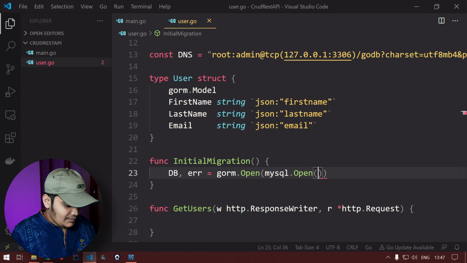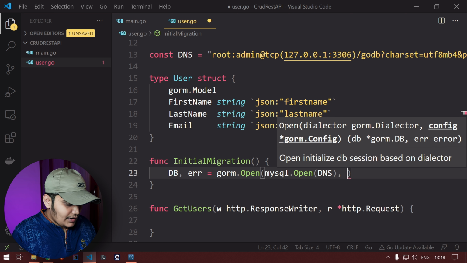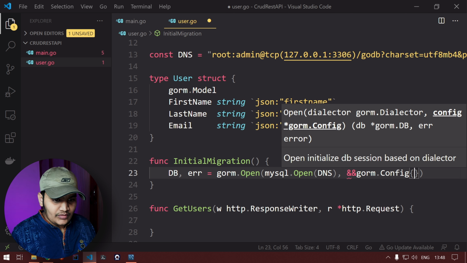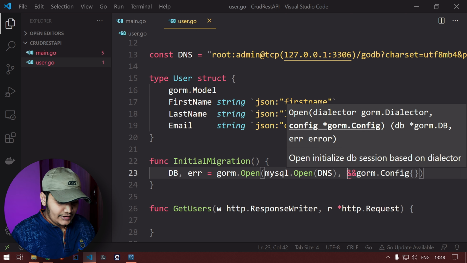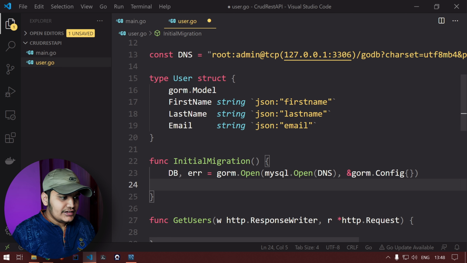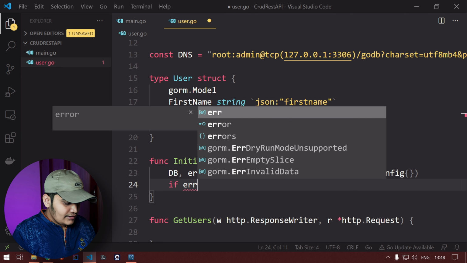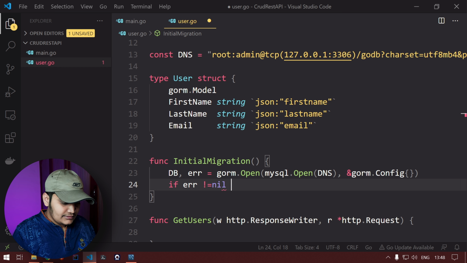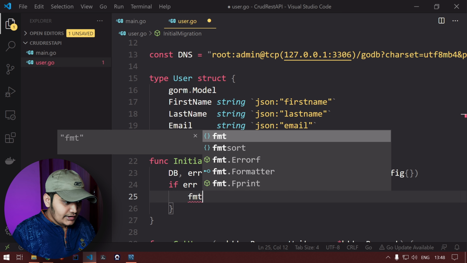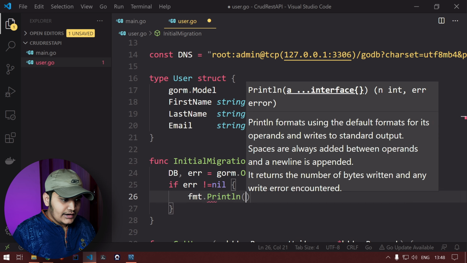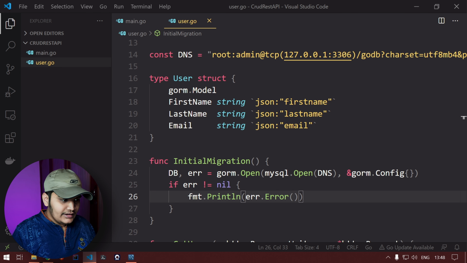Inside this we'll pass the DNS, and we'll pass the gorm.Config information as well. Whatever configuration you want to do, you can add it over here. Now we will check the errors. If err not equals nil, then just print it with fmt.Println(err.Error()) and raise the panic.